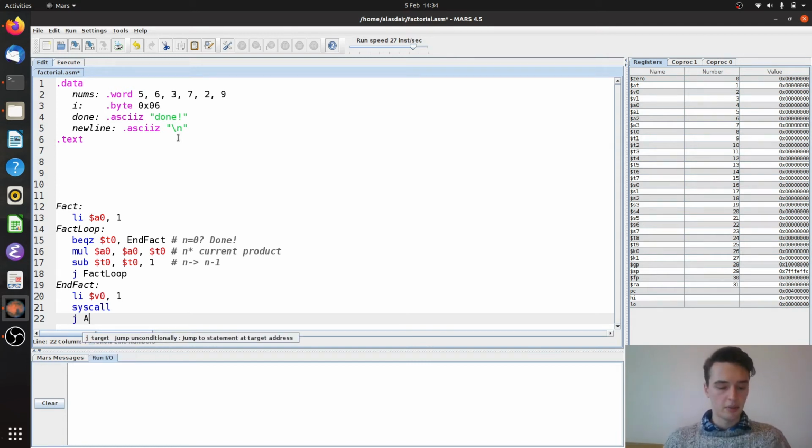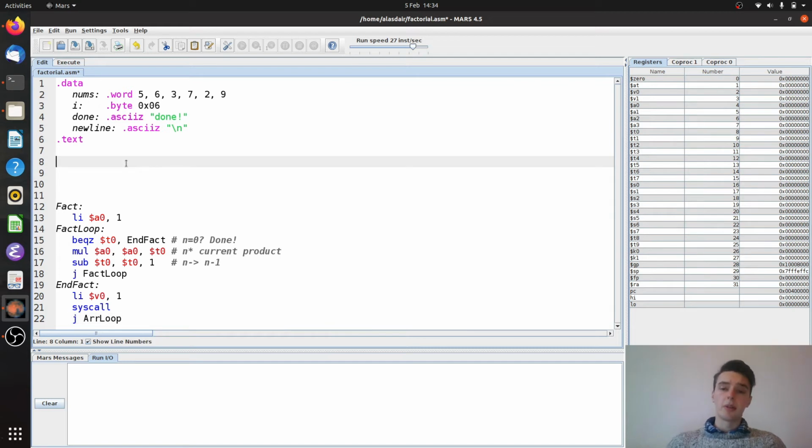So I'm going to jump to our loop. That's just done the actual calculation. Now we need to embed this in the thing that's going to do the iteration through the array. Now this is going to be a little bit more cumbersome than we're used to, because I have to do a lot of fiddling about to make the printing nice. Otherwise we'll just get one massive number at the end,